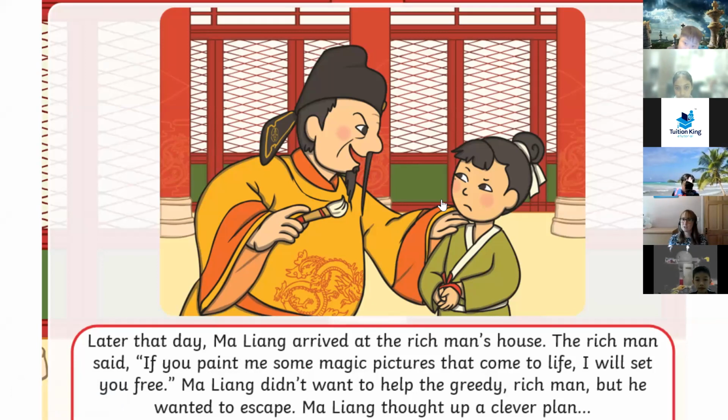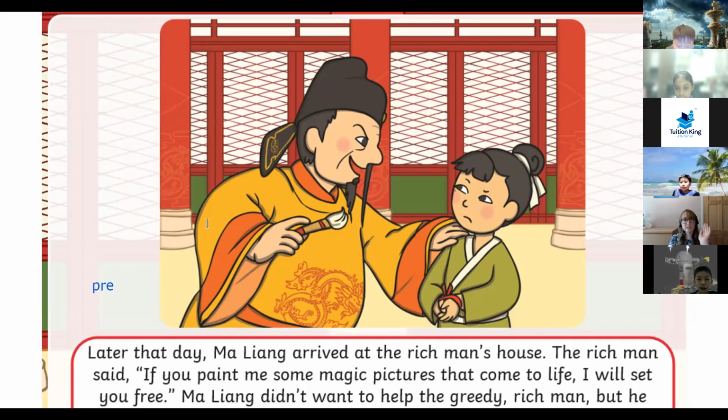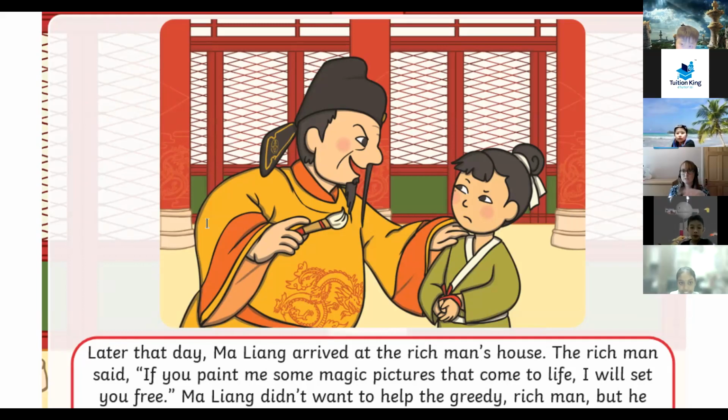So I know, Ashmita, you've read this story, so maybe you're not the best person to ask, but let's have some, you've forgotten it, let's have some what we call predictions. How might he escape? Hold on a second. Let's just stop a second, because remember, I can't see who's talking sometimes, because there's quite a few of you. So just do hands up and I'll go through the screens and choose somebody. So Ethan, let's have a prediction. So I predict that